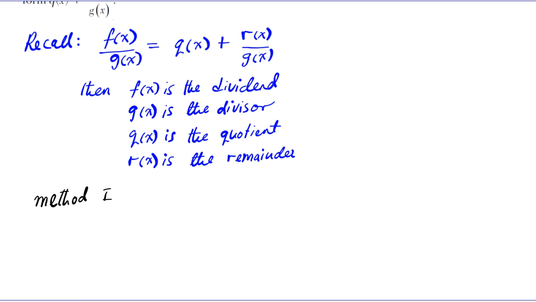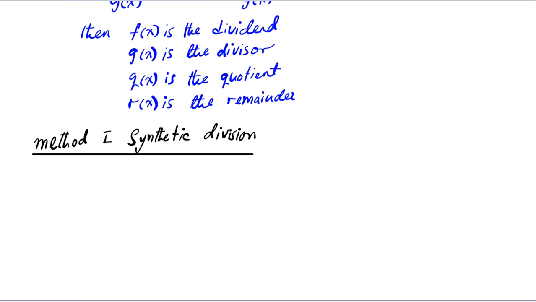That's synthetic division. After we do that, we will go over the long division method. Now, synthetic division is very, very powerful when you're dealing with polynomials with a lot of terms, as opposed to long division, which takes a while. So we have f of x equals 3x squared plus 7x minus 20, and g of x